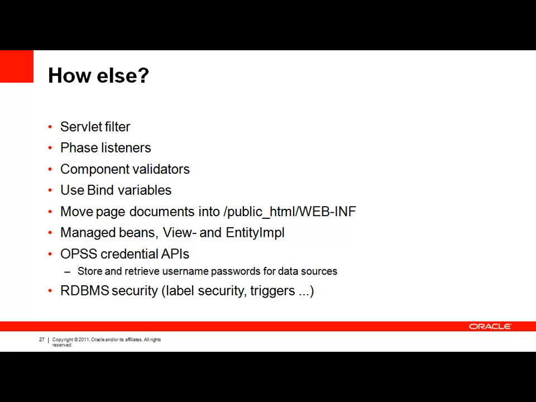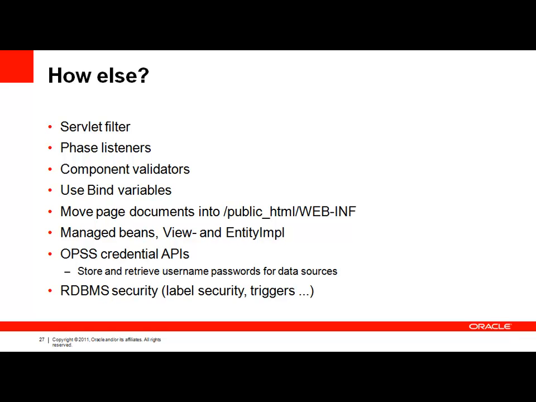You can have pages, JSF documents and page fragments being moved under the WEB-INF directory, which makes them inaccessible from the browser side. Now you would think, okay, why do I need to do that? Because if the page is not accessed through the servlet that comes with JavaServer Faces, there would be no action with the page anyway, so users wouldn't be able to do something. Well, at least they would be able to look at the page,